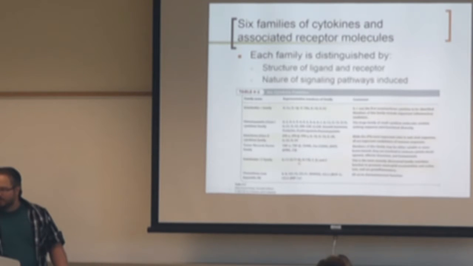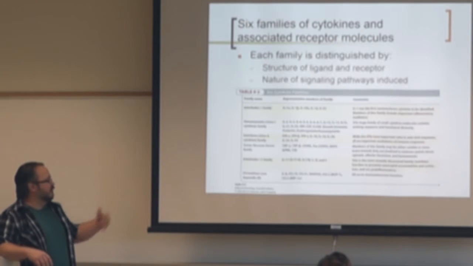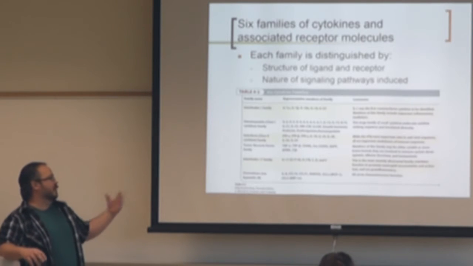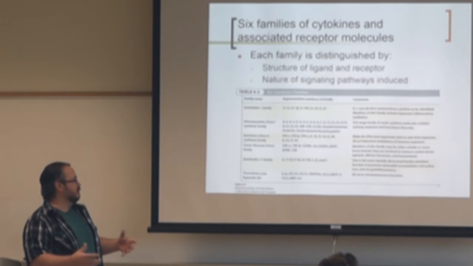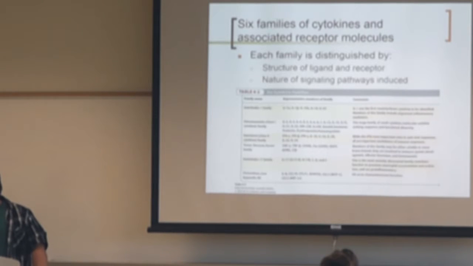The interleukin 17 family, this is recently discovered, so this has probably only been in the most recent editions of the book, involved in inflammation, but also in a lot of allergic responses. And people have said, hey, if these are normally involved in autoimmune responses or responses to self, maybe we can use this to our advantage and try and target cancer cells with these types of cytokines and overcome tolerance. So people are studying this interleukin 17 family in detail.